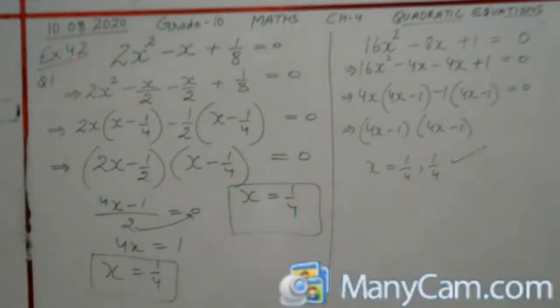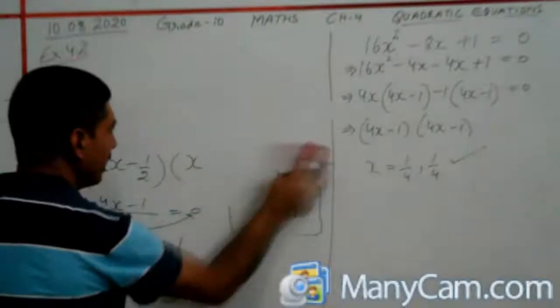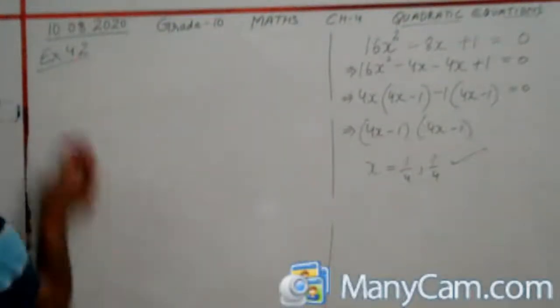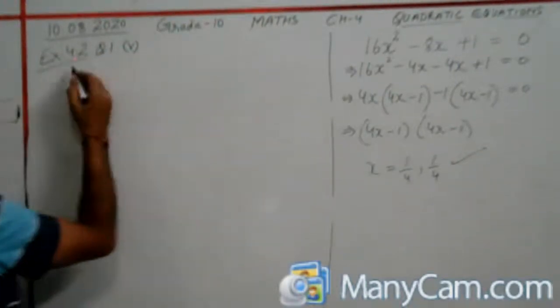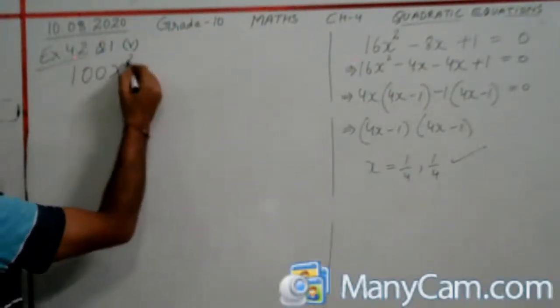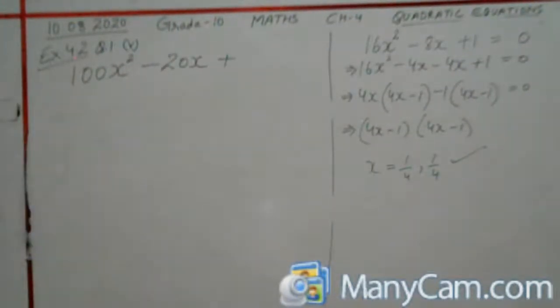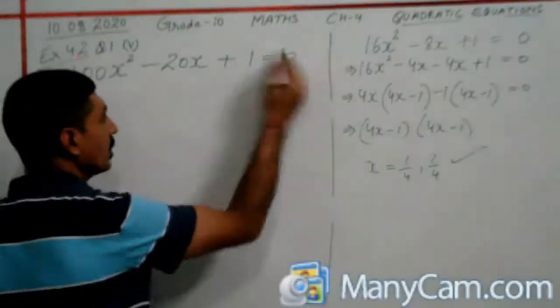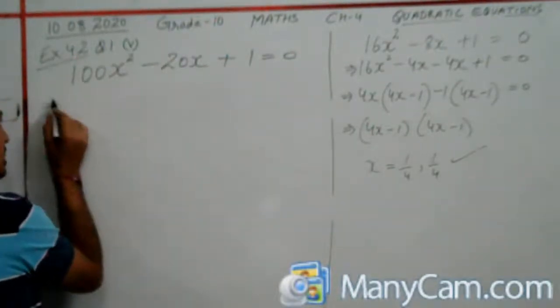The last part, that is 100x square minus 20x plus 1 is equal to 0, is also an easy one. So question number 1, last part. The first two parts are simple, you can do them. Question number 1, fifth part is saying 100x square minus 20x plus 1 is equal to 0. So here a into c is 100 and the middle term is 20. We can easily write